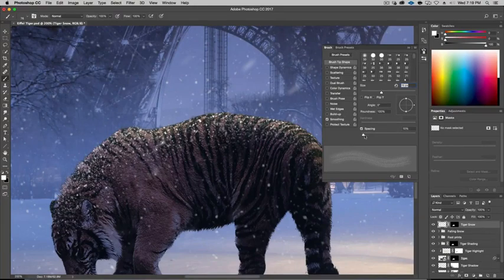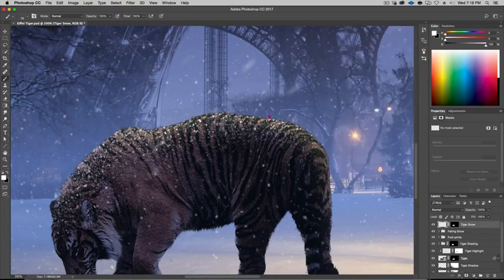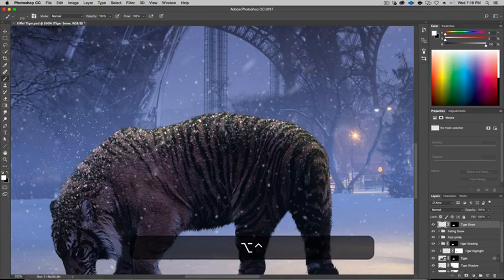And you have spacing. Right now it's 10%, so let's just make it even more. You can see down here, the repetitive pattern is not letting you overlap. So 80% is pretty good, okay? That way you can just comfortably click and drag and it's not going to create weird patterns. Let's make this a little bit bigger.